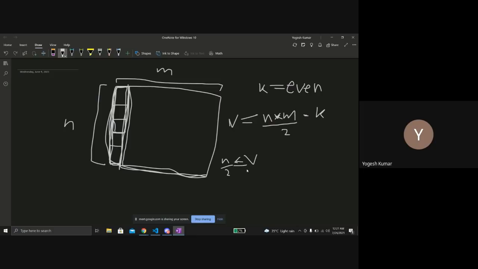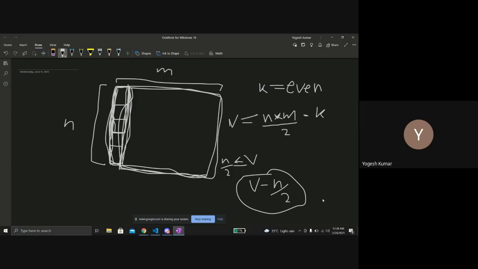If it is smaller than n by 2, then obviously we don't have an answer, and in case it is greater than n by 2, then we eliminate this one column. We don't have to think about this column now. We only have to consider this part, which is the same as the previous question. So we convert this into v minus n by 2. We have used this much in filling up this column, so we are left with this many vertical dominoes.